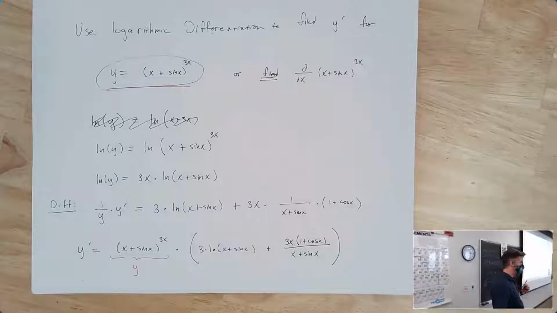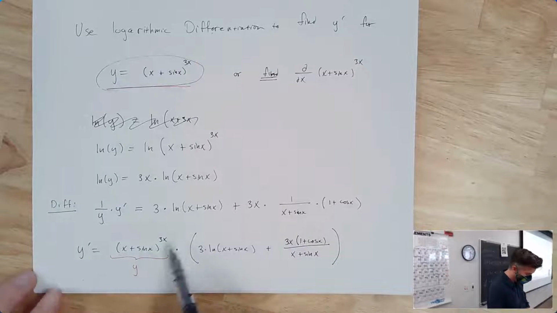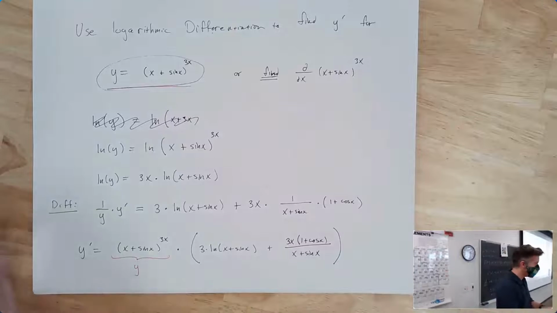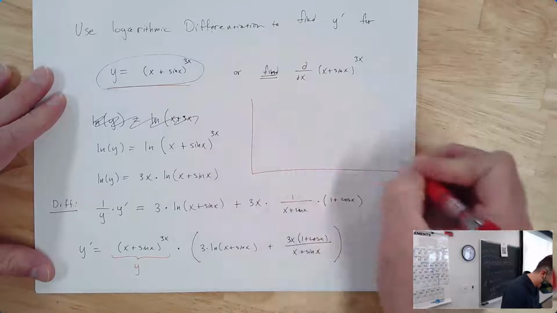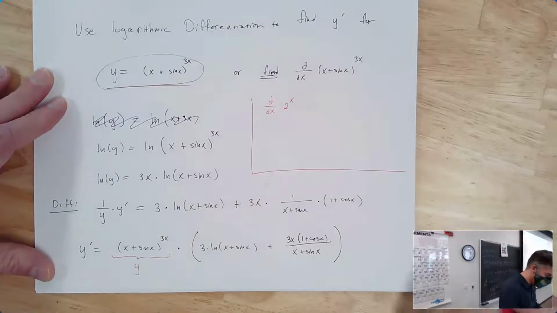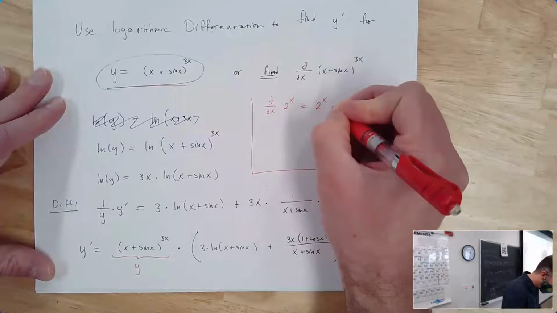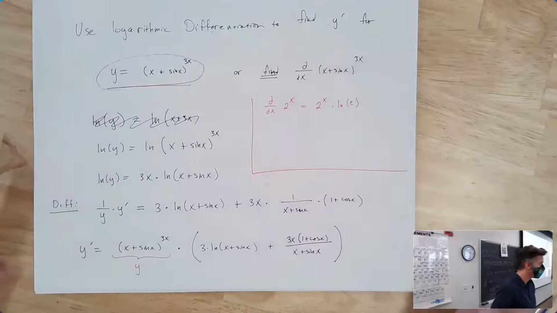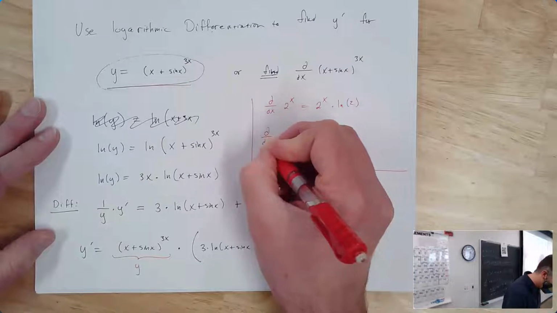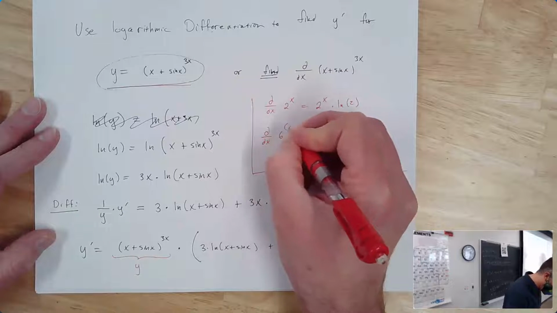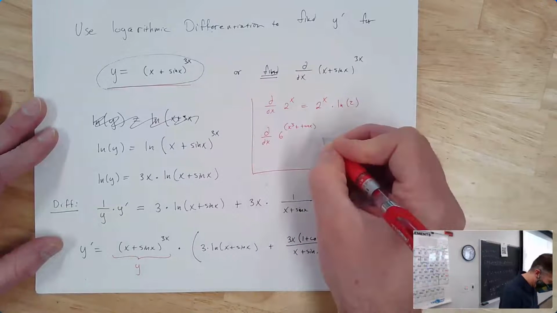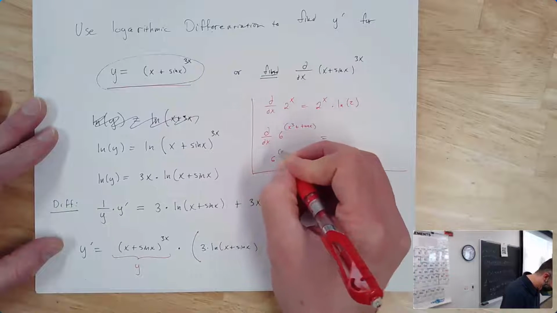Observation: whenever you're differentiating something with a variable in the exponent, the original expression always pops up exactly as it was. We're always getting that original thing and then multiplied by some other stuff. Sometimes it's very basic, like when you take the derivative of 2 to the x and you get 2 to the x times natural log of 2. Sometimes it's a little more complicated, like when you differentiate 6 to the x cubed plus tangent of x, and you get 6 to the x cubed plus tangent of x